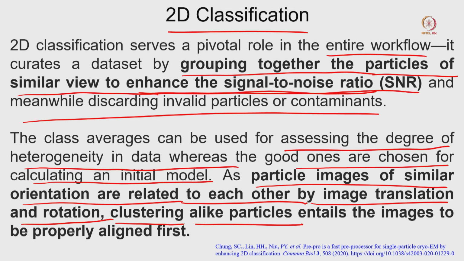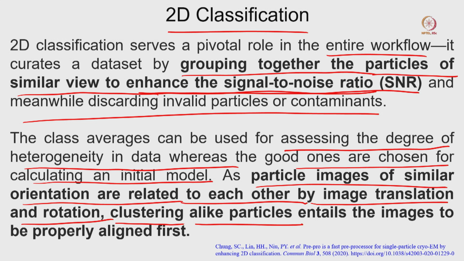When we are aligning, that is a very important term, we have to align our data, align our particles. So we have to rotate our particle, and if required we have to calculate the x and y translation as well as the rotation, and then we can align the particle. In all cases we will apply the cross correlation values also. We calculate the cross correlation value and try to align those particles, and it is calculated based on their signal. That is basically called 2D classification.